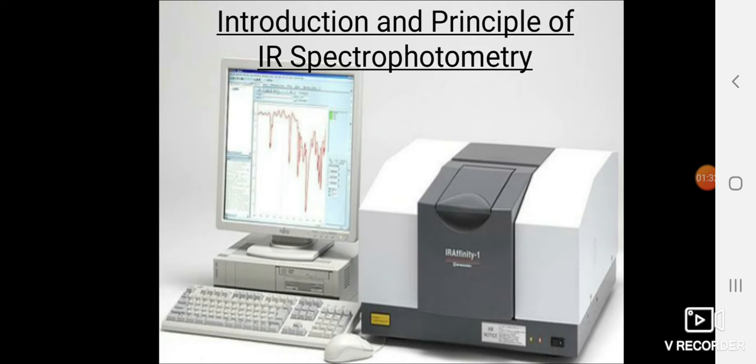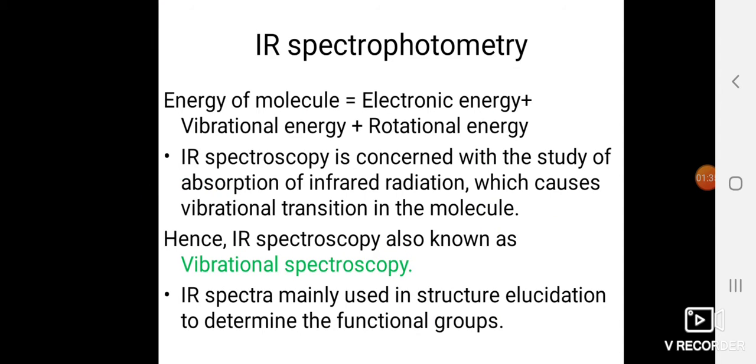So IR spectroscopy is a very important method, widely used as one of the basic tools in organic chemistry and biological chemistry also. IR spectroscopy is mainly concerned with the energy of a molecule. Whenever energy interacts with a molecule, it causes changes within the electrons, where visible and UV radiations cause changes in electronic energy levels, whereas in case of IR radiations we see changes in vibrational and rotational energy